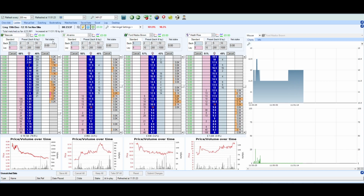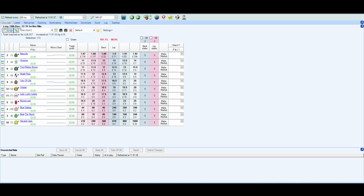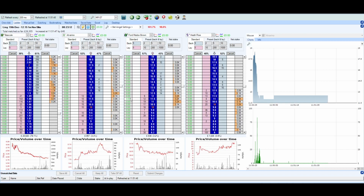23 minutes for this one. Odds on favourite, which has clearly been steaming in. Second favourite, very highly priced, which is to do with this being so short, with the size of the field and this being quite short priced as well, means that all these other ones are going to be quite high. So there's not much distinction between these ones. They're all at kind of just 11s,